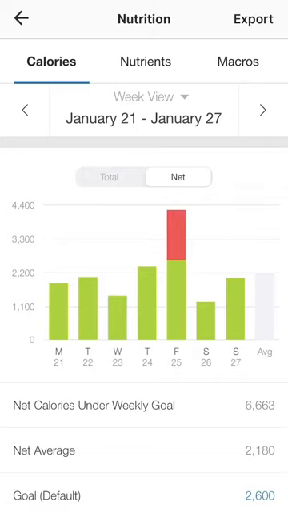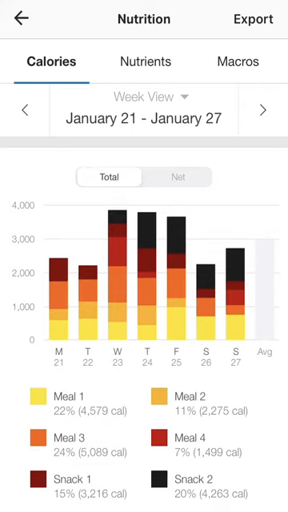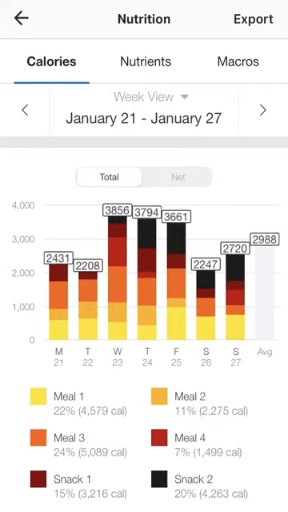So here, if you click onto total rather than net, I've got calories, your total calories. If you click on the actual graph itself, it will give you numbers for those days. So you can see Monday through to Sunday, the amount of calories that I consumed on those days, and then you can see your average for the week. Okay, so my average for that week was